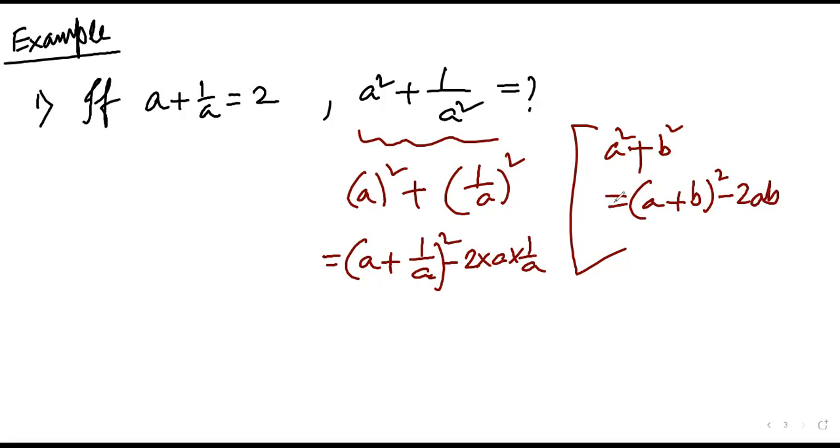So this is the formula, and using this expression we can write a square plus 1 by a square, that is a plus 1 by a whole square minus 2 into a into 1 by a. Now see,